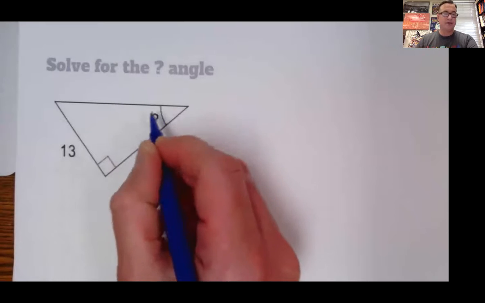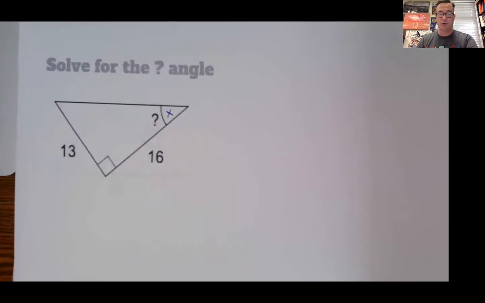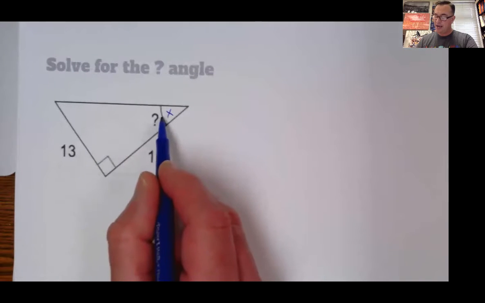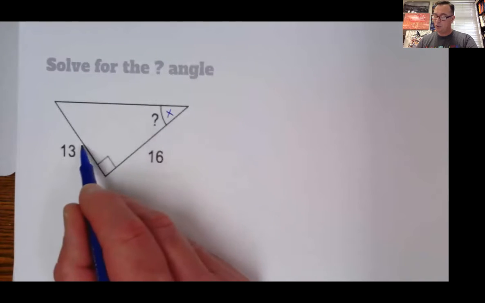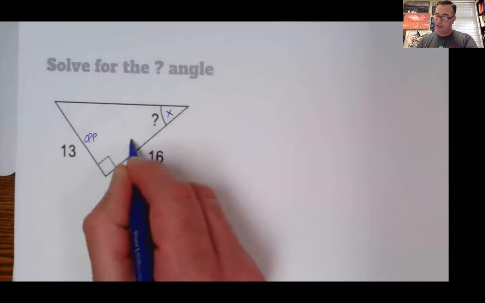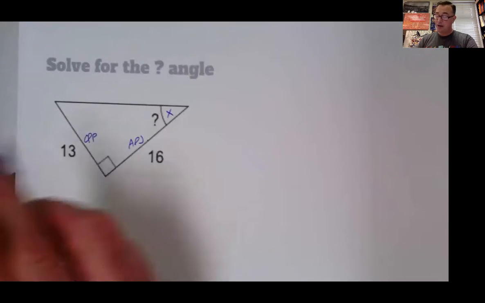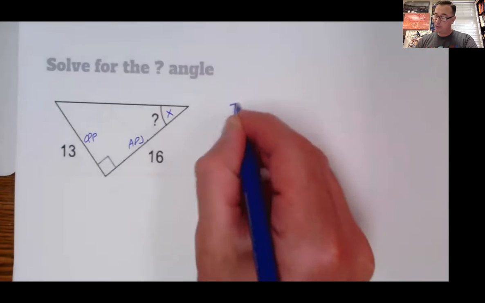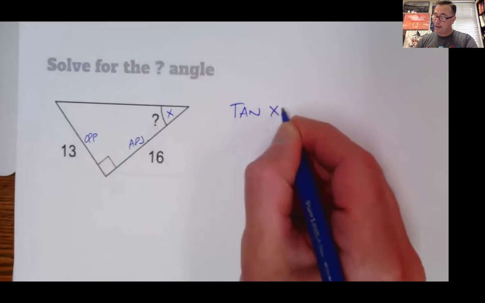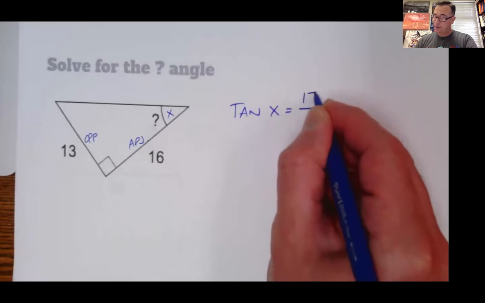What we're looking at right here is this angle. And so I'll call this angle X because I think it'll be easier right now. What we do is we look at what parts we have. So angle X has two sides, one that's across from it, one that's next to it. So this is my opposite and this is my adjacent side. Now with those two sides being the ones that we're looking at, opposite and adjacent means we're going to be dealing with the tangent. So we know that the tangent of our angle X would equal the ratio opposite 13